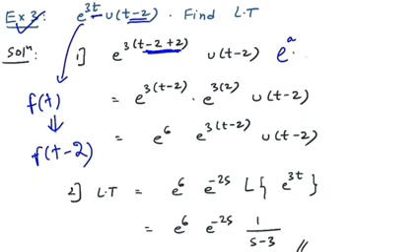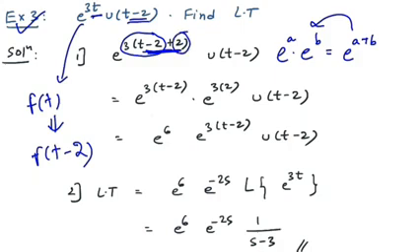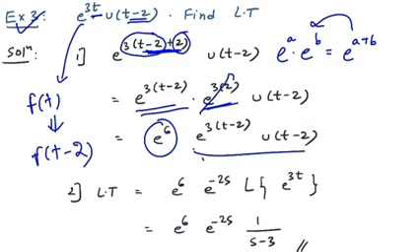If you have e raised to a into e raised to b, you can write it as e raised to a plus b. In this question we are going backwards, okay? So if I consider this part as my a and this part as my b, it would be e raised to 3 into t minus 2 into e raised to 3 into 2. So I'm just going backward. E raised to a plus b can be written as e raised to a into e raised to b. Now once you do that, this part is constant, so no problem, e raised to 6 is outside. Then this part contains the variable. So you have to take special care when you are taking the Laplace of this function.